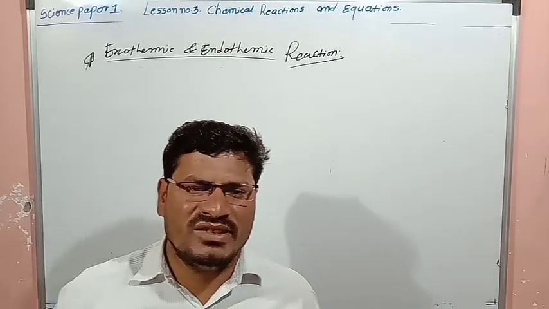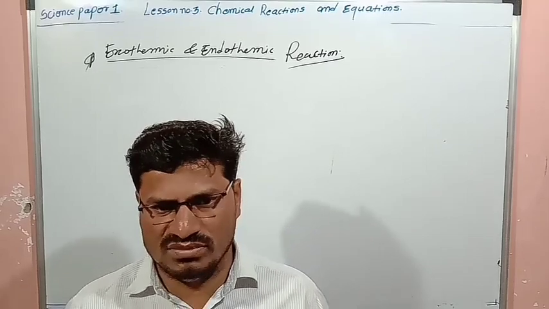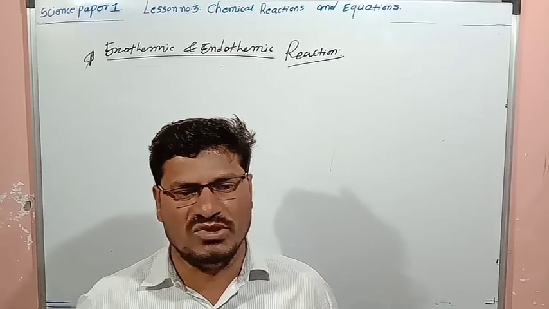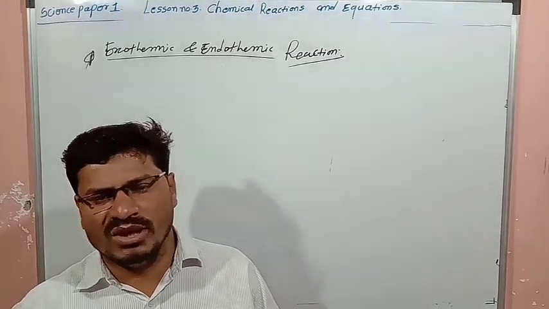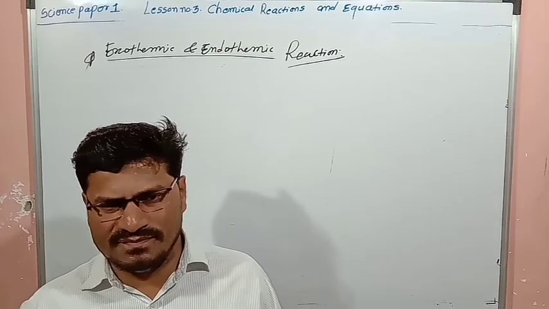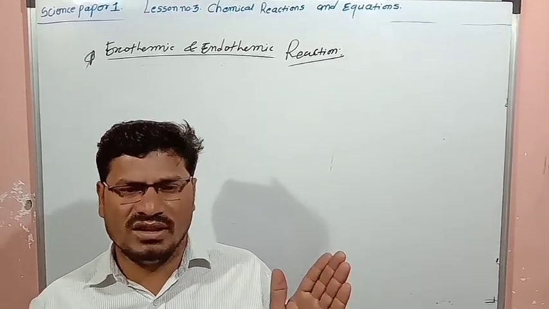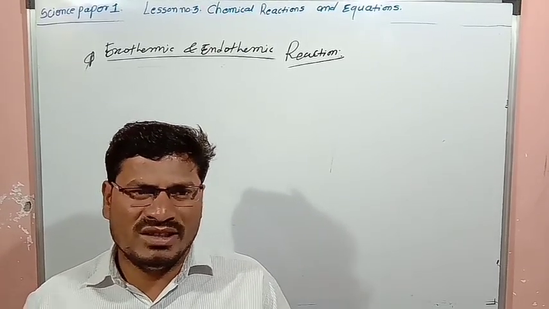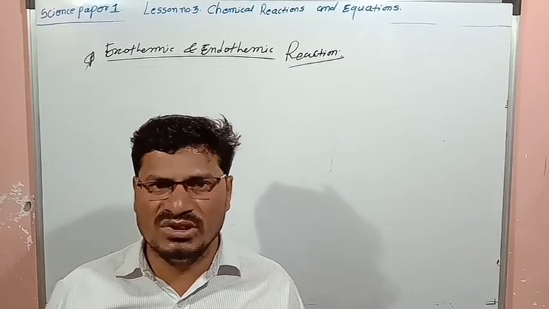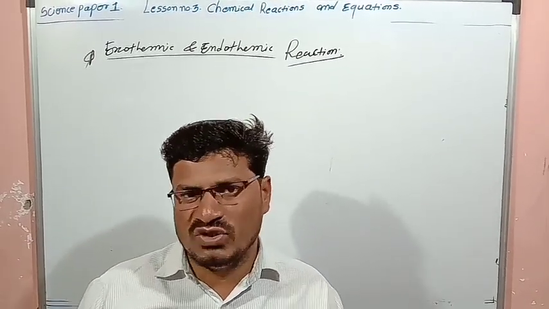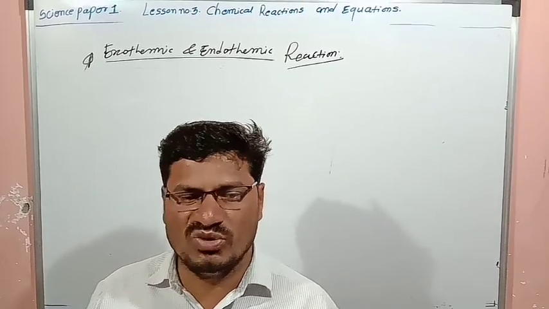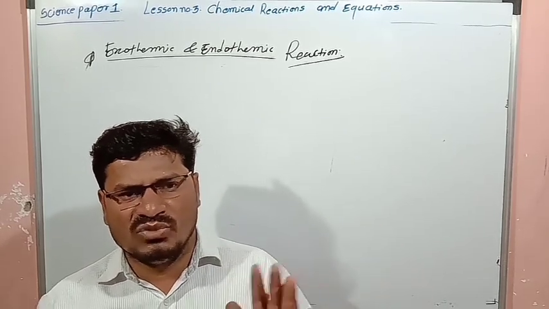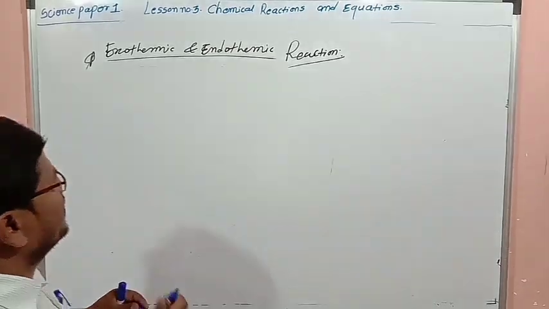A reaction is a chemical change in which new substances are produced. In the chemical reaction, new substances are produced from the original substance. So like in the processes, heat is either absorbed or evolved, absorbed or given out, in the same way in chemical reactions also, in some chemical reactions heat is produced, in some chemical reactions heat is absorbed, or it has to be supplied from outside for that chemical reaction to occur. So first term we are going to learn is